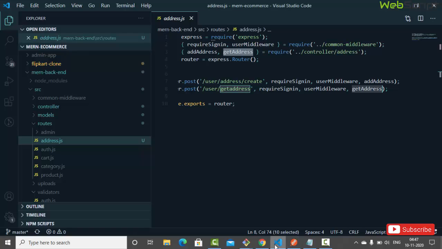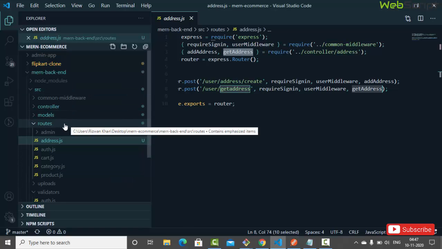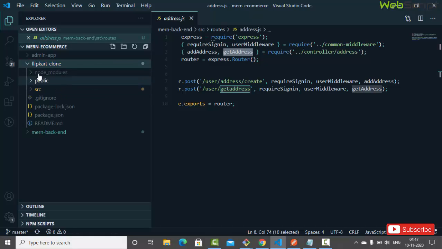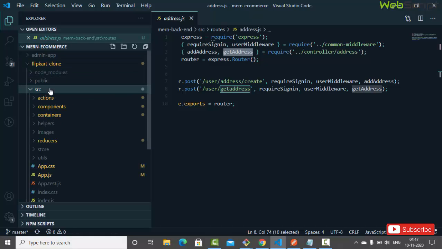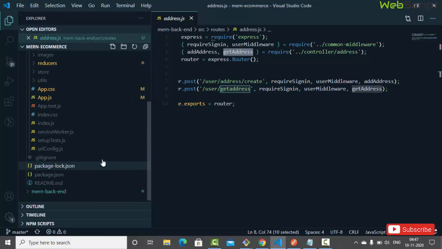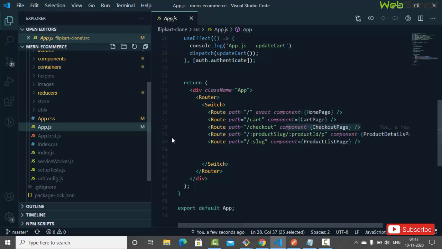Now let's start working on the front end of our application. Okay, so this is the back end, and let's start with the Flipkart clone source, and the changes you can start with the app.js file, right? So here we have the app.js file, and I have added a new route, as you can see over here,